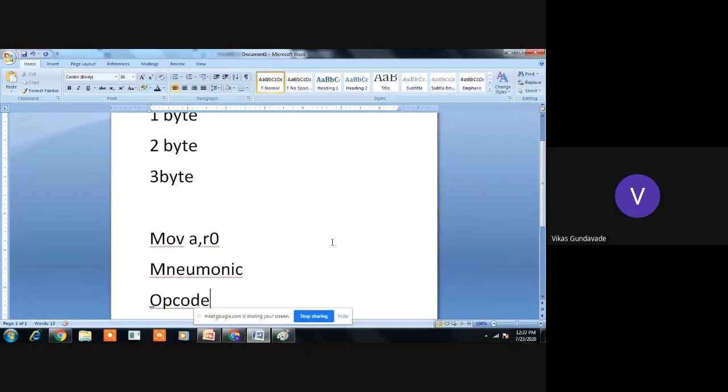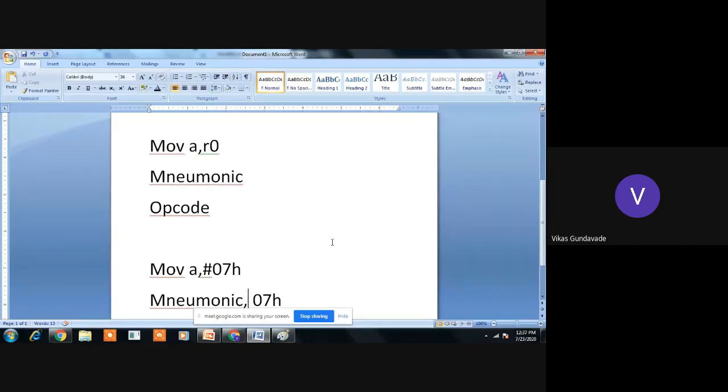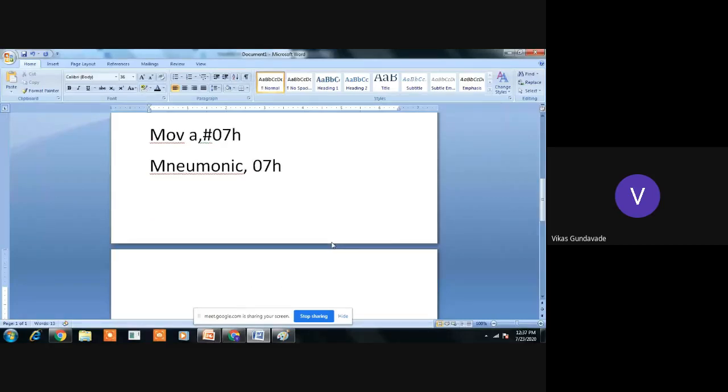Now if we take the example of MOV A, #07h, what will it have? It will have the mnemonic MOV A, and the new data or operand 07. So to store the mnemonic we require one space, and to store the 07 data again we require one space. So one opcode is required, and another one is the data. So two memory locations are required to store this instruction. Such instructions are called 2 byte instructions.